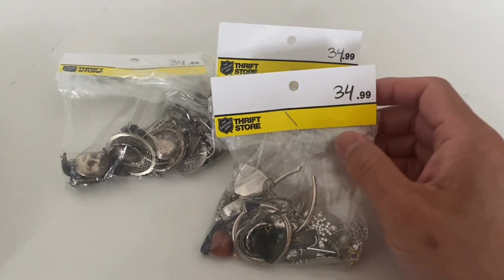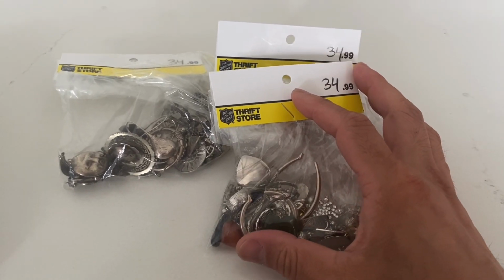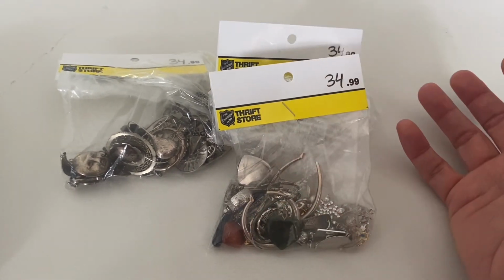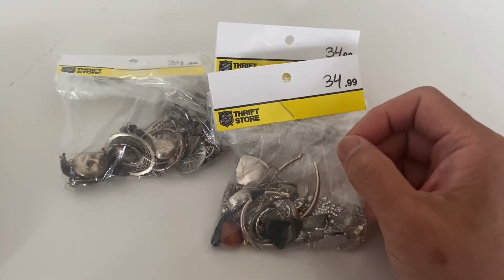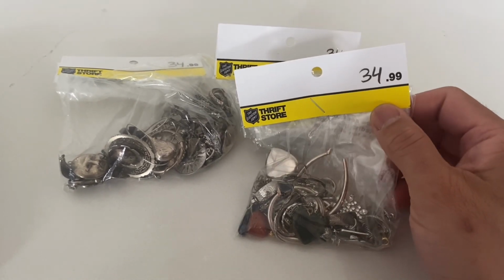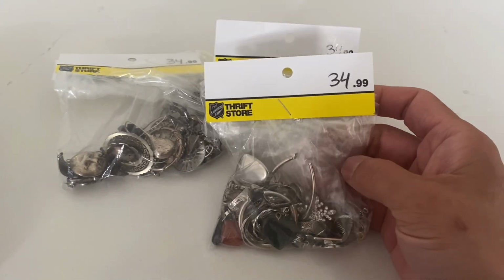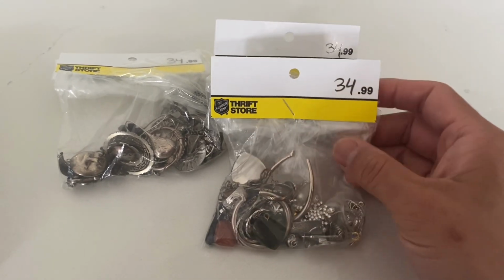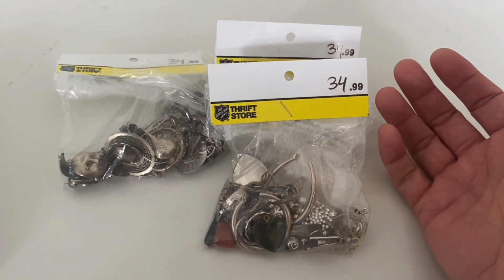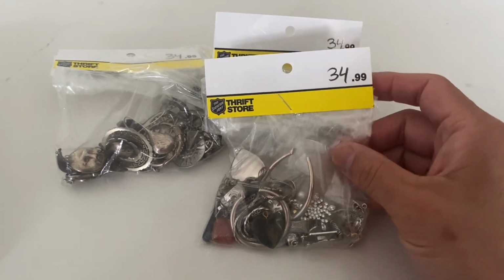It's hit and miss. I liked it before where you go through the bags and you see, oh, there's a few nice pieces in there and you buy it. But now that they're sorted, I sort of like it too, where it really takes away the problem of what am I going to do with the stuff I don't want? I'll have to resell it or whatnot, right? But